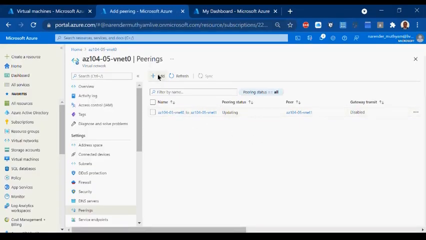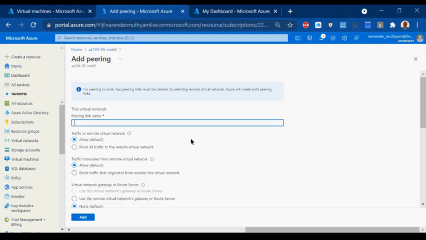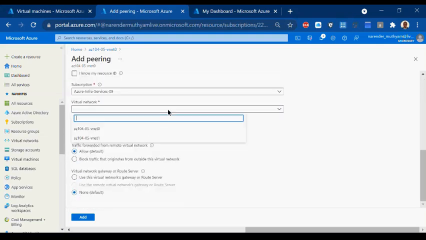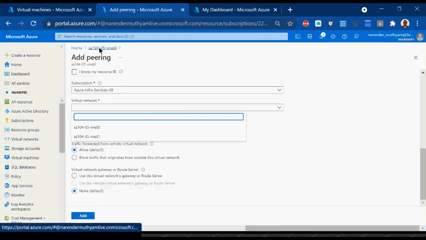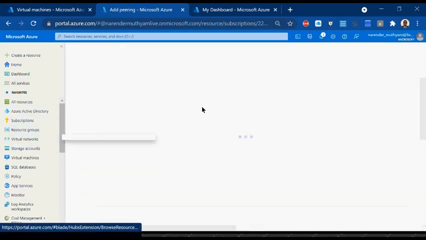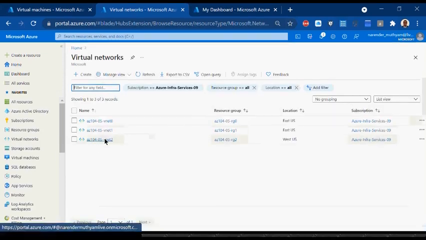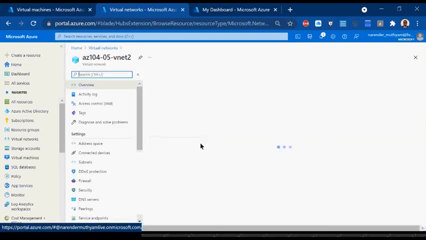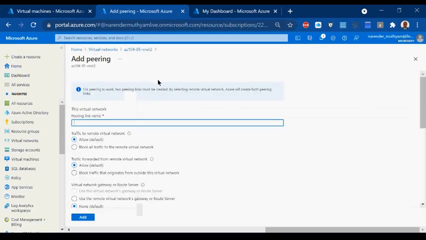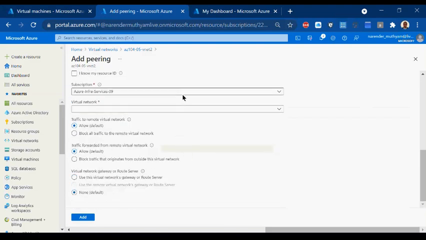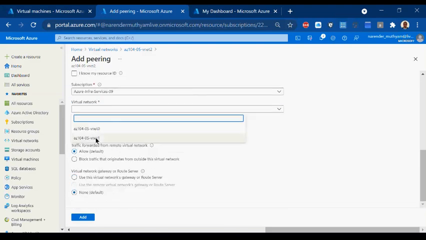So if you click on add here, I'm saying on VNet 0, just scroll it down and check whether 2 is discoverable or not. It is not discoverable, right? So I have to wait for it to show up again. Or if I can't wait, I can go to my VNet 2, virtual network 2. So this is my 2, and there I should try to see either 0 or 1. Just scroll it down here and see whether 0 and 1 are discovered now.